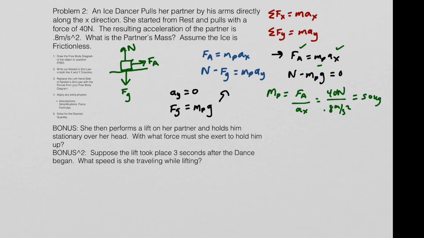Okay, so if we then go to the bonus segment, she then performs a lift on her partner and holds him stationary over her head. With what force must she exert to hold him up? Well, we're going to need a new free body diagram for this, aren't we? Well, if we do the new free body diagram, right, upon the lift you have